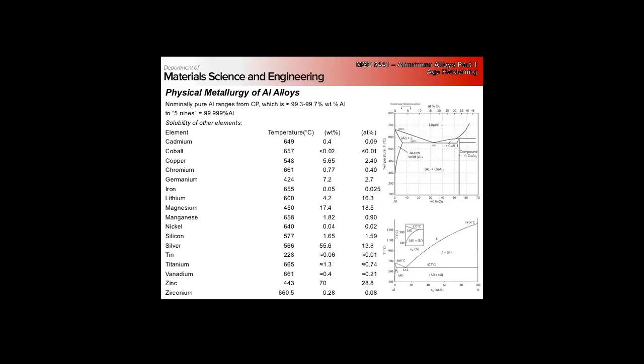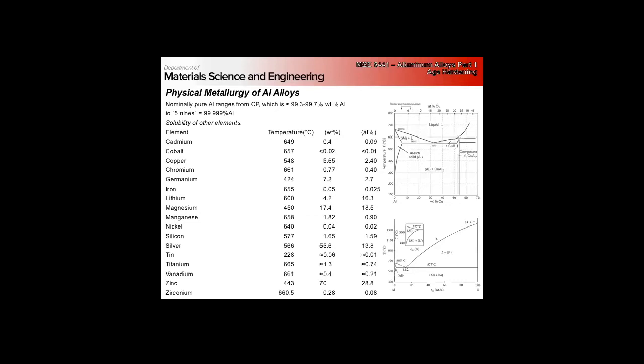What are the consequences of these solubilities? The consequences are that our choices for alloying are fairly limited. We don't have a huge amount of elements that we can select, so that leads to